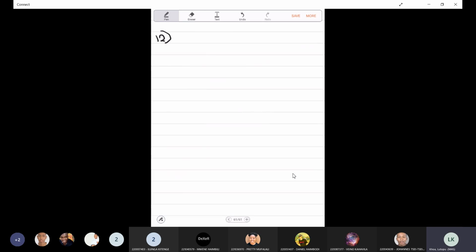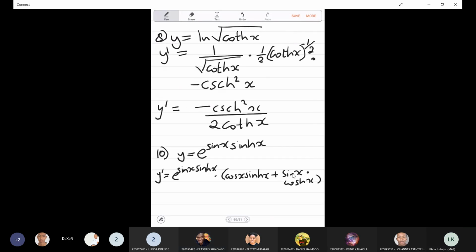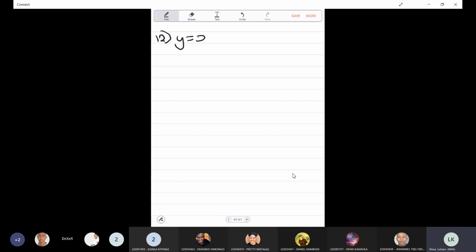And 12, we have y is equal to, yeah. You can go back to the previous page. I just want to copy something. And then tanh of x. Okay, so this one by now we should know that